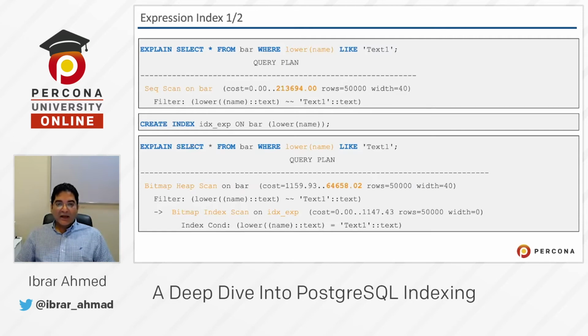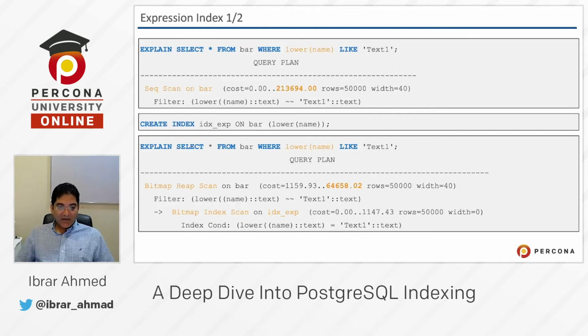So in that case, I can create an index named on column name. But on that, I have to apply lower on each value when I'm getting a value from the index. But if I can create an index on a table and use lower, which is an expression as a function, and we call it an expression, and create that index by applying that, then when I query that, it will not do that.